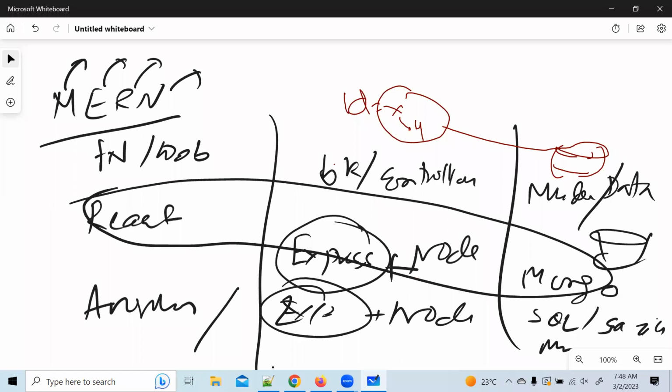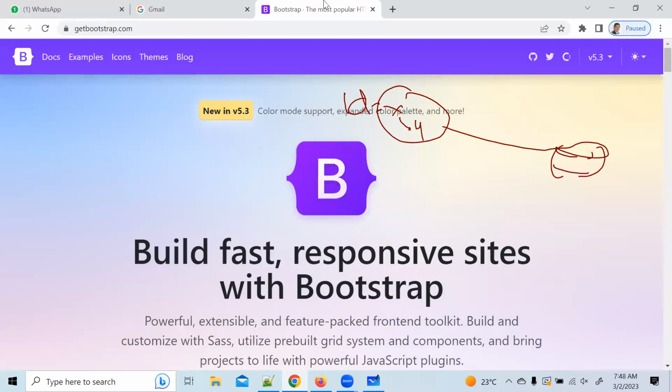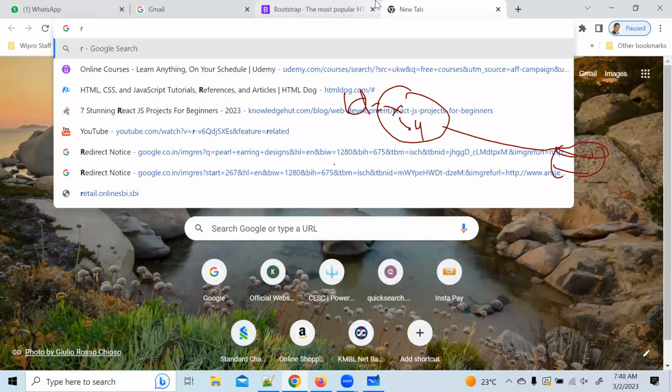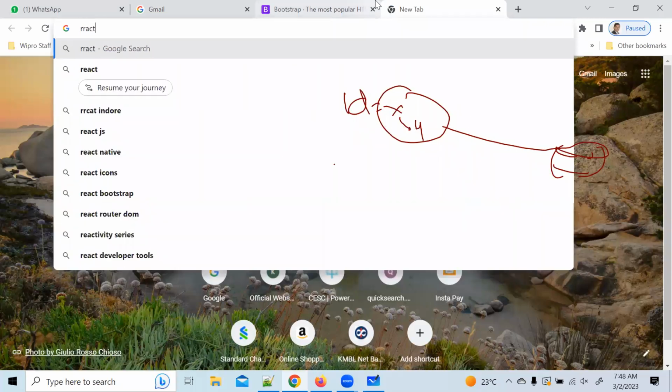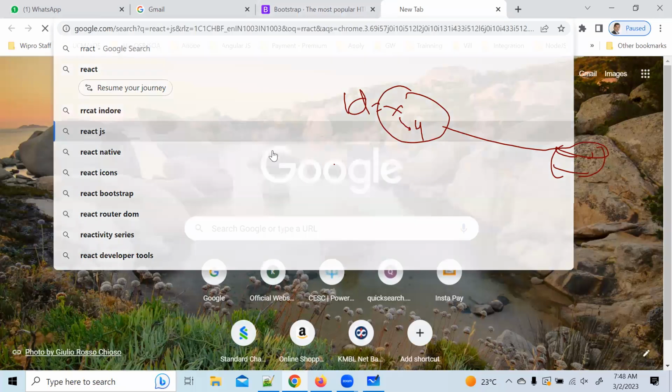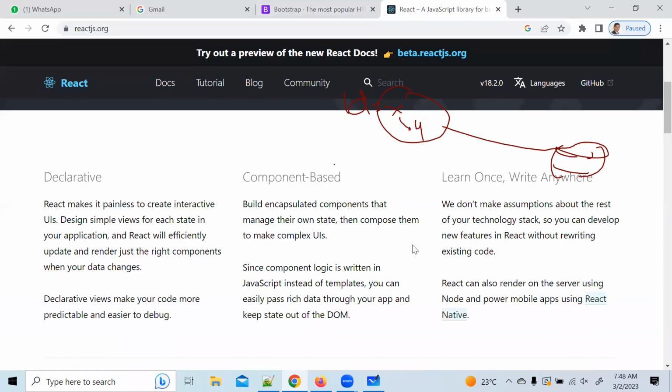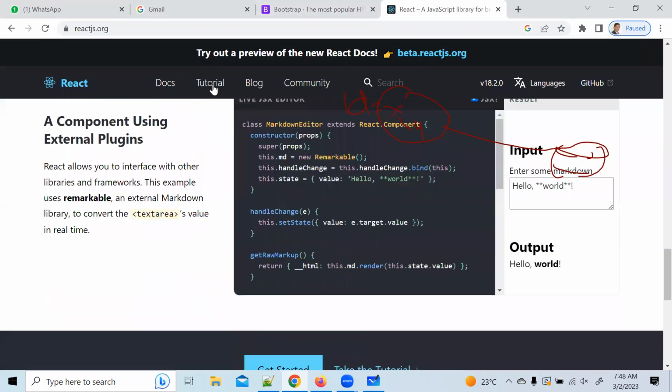Whatever we have seen here, like Gmail, that kind of application we can also build in this way. But I'll show you last. For example, if you see this page, if you go to this React.js page, do you see this page? Yes, sir. Here, if I am clicking something,